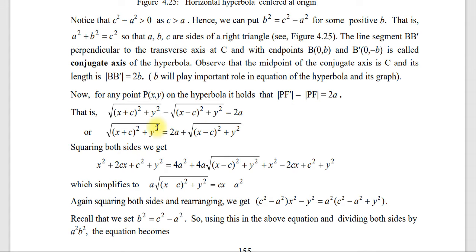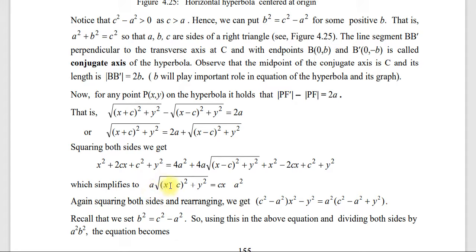ከዛ ይሄን ሪአሬንጅ ስናደርገው ልክ እንደ ኢሊፕስ ምን ይሰጠናል? አንድ ራዲካል (x plus c) whole square plus y square which is equal to twice of a plus a radical (x minus c) whole square plus y square. አሁን ቦth ሳይድ ስኩዌር እናደርጋለን። ስናደርገው ይሄን ይሰጠናል። አሁን ይሄን ነገር ኤሊፕስ ላይ ያያችሁት ነገር ነው፣ ተመሳሳይ ነው። የሚለየው ሳይኑ ነው። ኤሊፕስ ላይ ፕላስ ነበር፣ እዚህ ላይ ማይነስ ሲሆን የሚቀየር ነገር ነው ያለው፣ የሳይን ቅያሬ ብቻ።